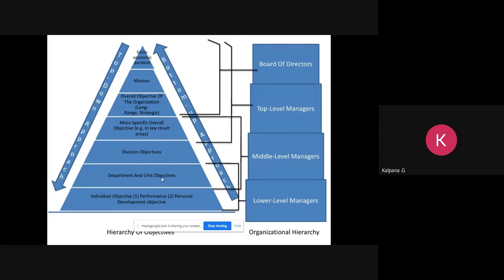And then we have a category called middle level managers. They are responsible for the overall objectives in the key result area, and the divisional objectives and departmental objectives. So say for example, the overall objective could be split into three categories, those are the divisional objectives, and then those three objectives are again further split into different objectives based on the different departments. So that is being split, and it is escalated to the different departments, so that the work is done by those departments.